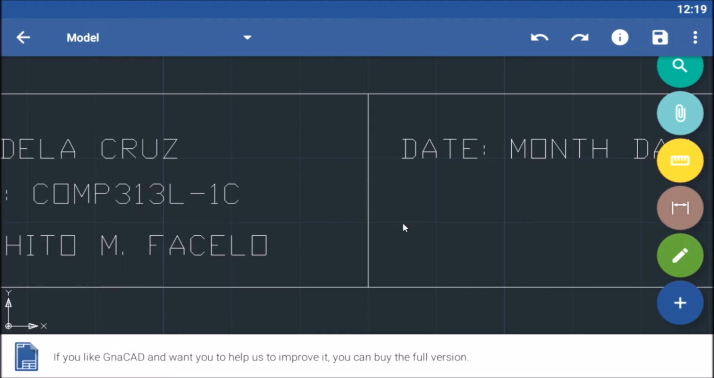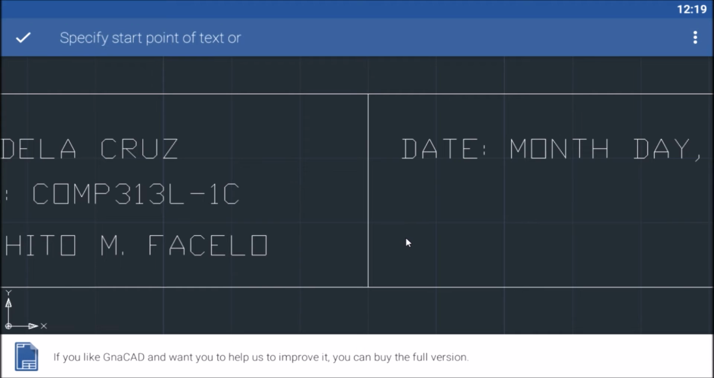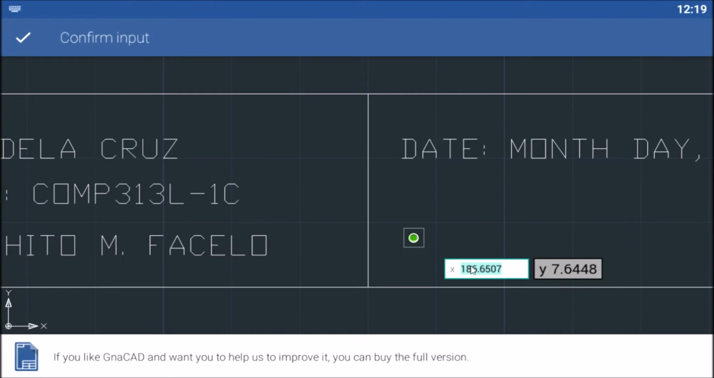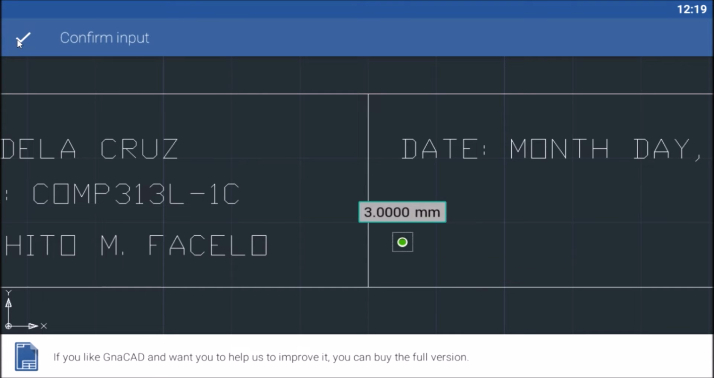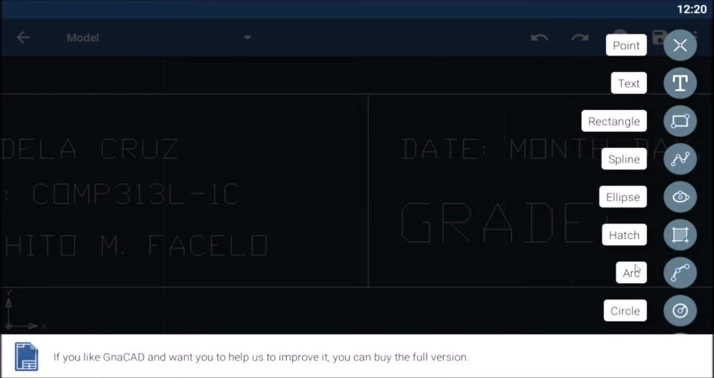The next, I want you to put here the term grade. Okay, so just the same, select this plus symbol, select text, then specify start point of the text, 185, just the same. Then Y, let's make it 7. Okay, confirm input, let's try to specify the height. Let's make it bigger than the date. For example, 6. Okay, specify rotation angle of text. Click on check. Okay, I want you to type here grade, colon. Okay, so voila,